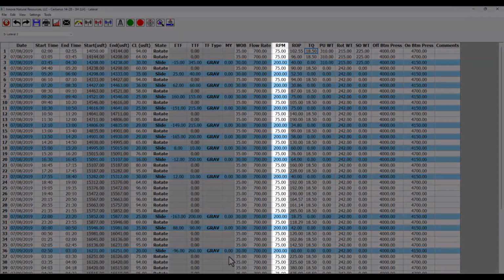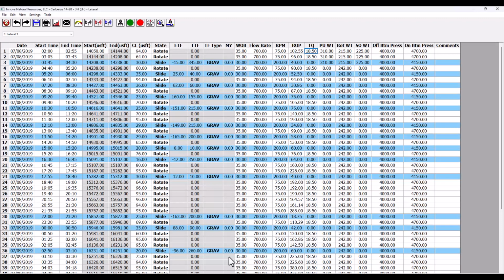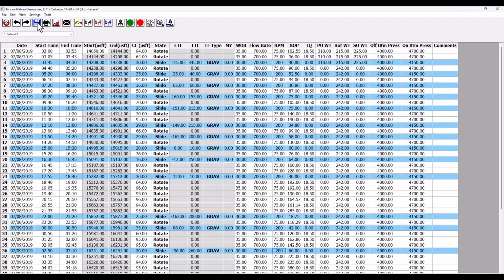Another common mistake is that slide activities are given an RPM value. This is meant to represent RPM at surface, so when sliding this should be 0. If I save and close my slide sheet,